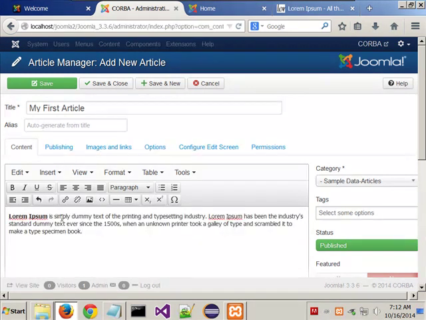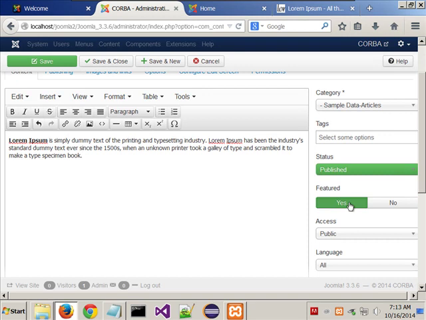All right. So I've added some article text. It says leave the category drop-down box as is. It's okay to have an article assigned to the sample data category, which is right here. We'll again work out and do some other stuff later. So make sure that the status is set to published, and you can see that it is. Set the featured equal to yes, which it's not, so it now is. Click on the Save button,